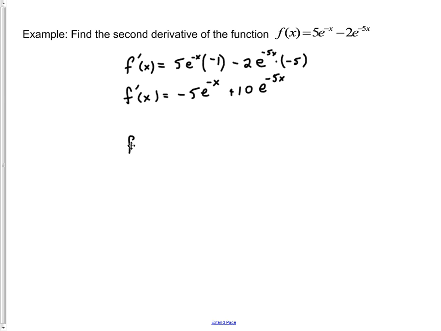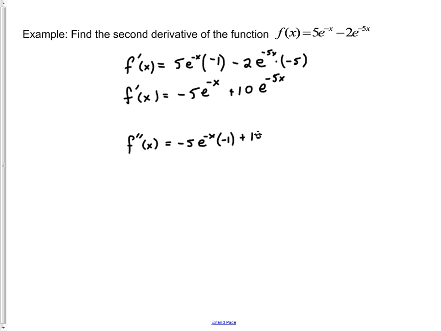Well, the second derivative is the derivative of the first derivative. So, repeating the process again, we're going to take the derivative of each term right here. So, one by one, we would say, well, the derivative of negative 5 times e to the negative x is going to be negative 5 times the derivative of e to the negative x. By our exponent rule, that's going to be e to the negative x times the derivative of negative x, which we said is negative 1,